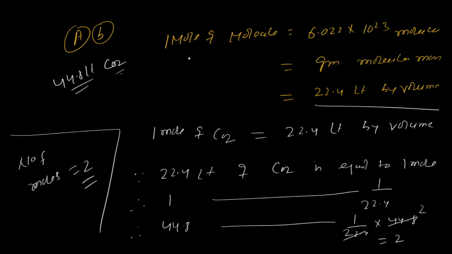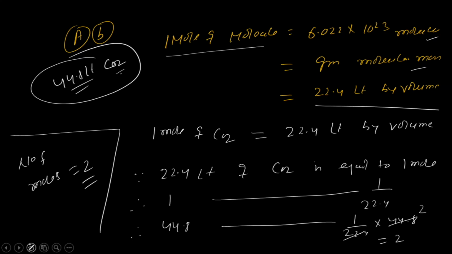So this is 1 mole of molecule is equal to this much molecule or gram molecular mass or 22.4 liter by volume. So they are asking in the question, find out the number of moles in 44.8 liter of volume of CO2. So you can use the unitary method. So you will get your answer. Now move to the